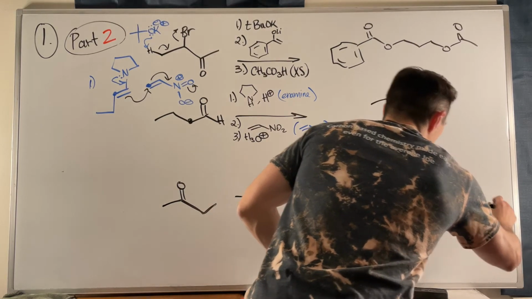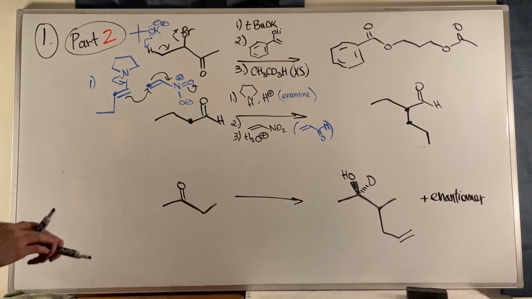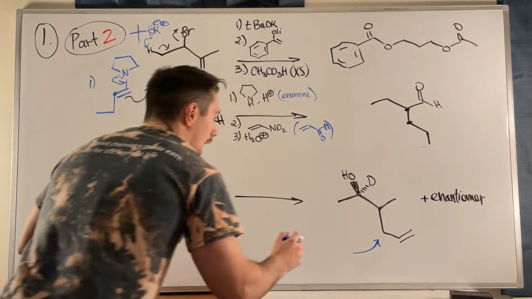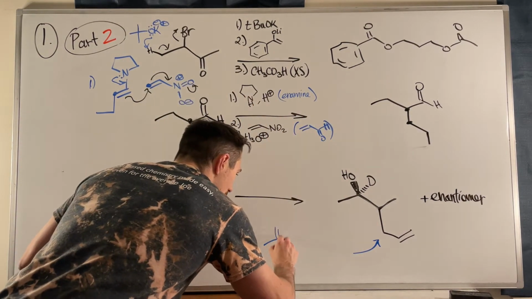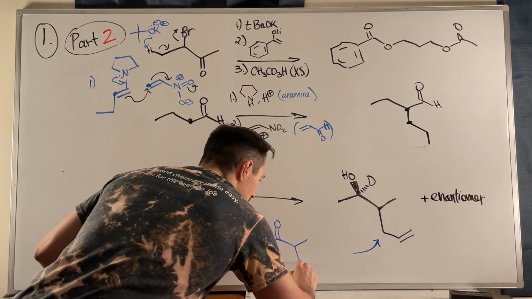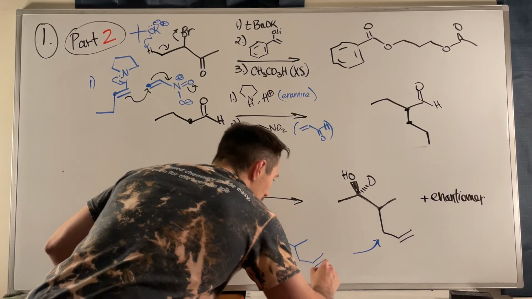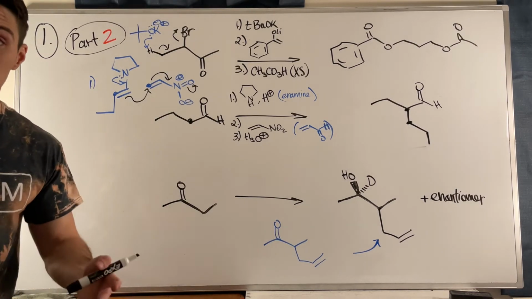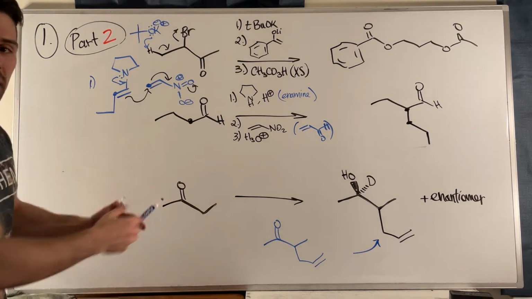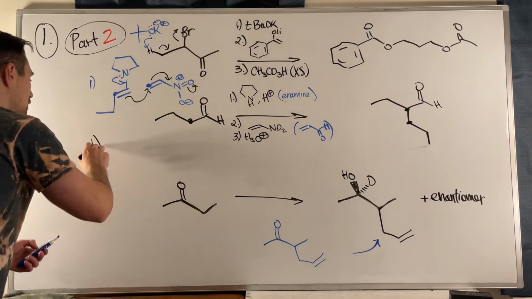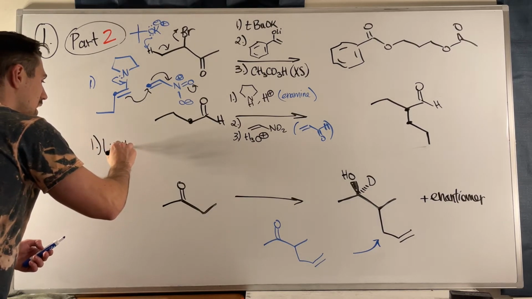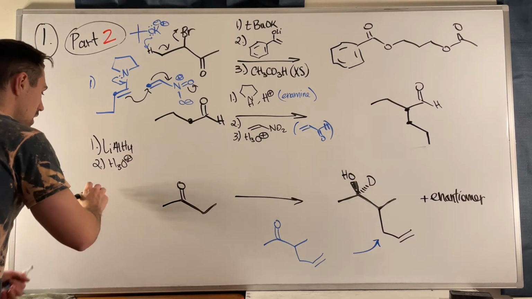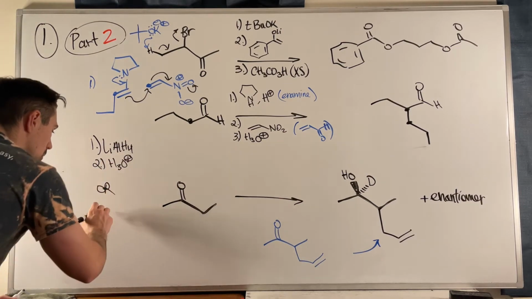As we can figure the deuterium out later. So what I think as a first step backwards, I must have had some type of reduction done. And the other key thing is it didn't affect that double bond, right? We know double bonds are sensitive to acidic environments because when we reduce carbonyls, we have 2 options. We either have lithium aluminum hydride, and I'm ignoring the deuterium for a second, with acidic workup, or we have,